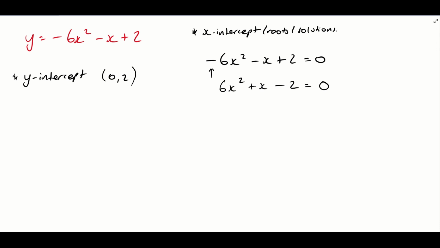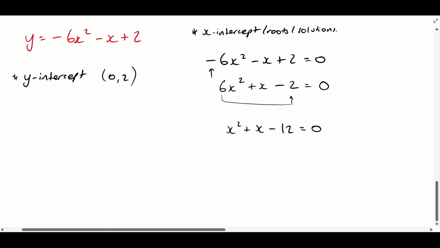Here, a technique that we could use here would be slide and divide, okay? And there's many other ways that we can do it, whichever way you've learned, but we use slide and divide. So remember, that's where we drag our 6 across to here, and we multiply, so we get a minus 12 now. And then we factorise this, and that's just going to be x plus 4 and x minus 3. Then we divide through by what we dragged over, so we divide through by 6, and we end